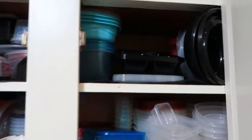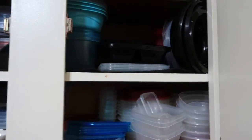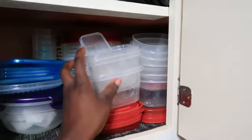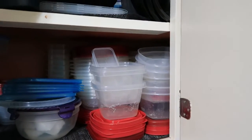So they do have a lot of variety ones, and I do specialize in having all of them. Okay, and then they have the round ones, like for bowls and cereals and stuff like that. And then they have these. I prefer the black ones over